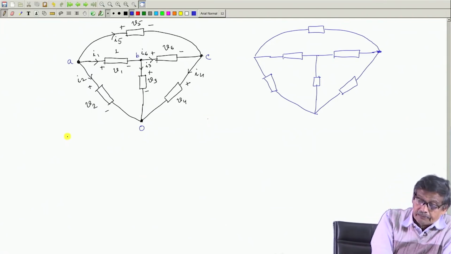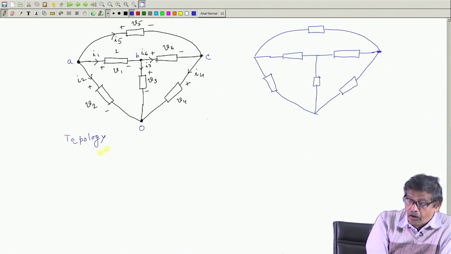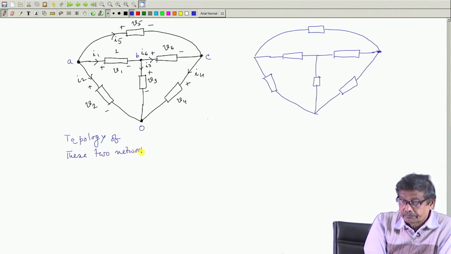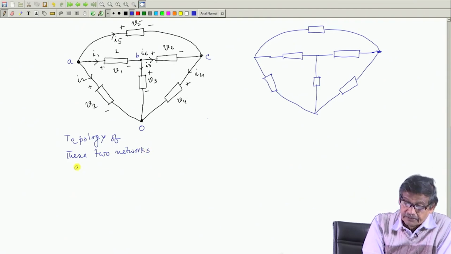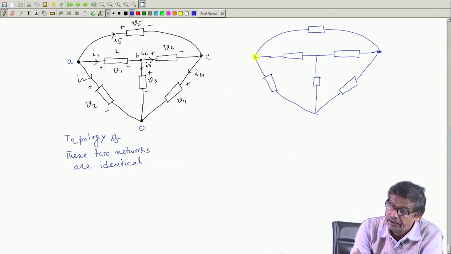So, these two networks are totally different networks, except for the fact that their topologies are identical. Topology of these two networks are identical. Got the point? And this network is separate, so I will name